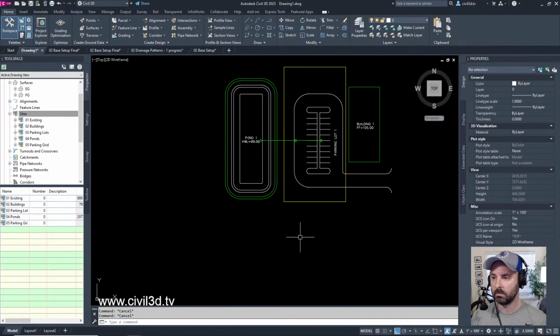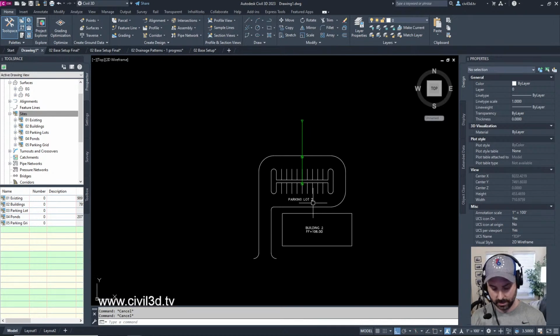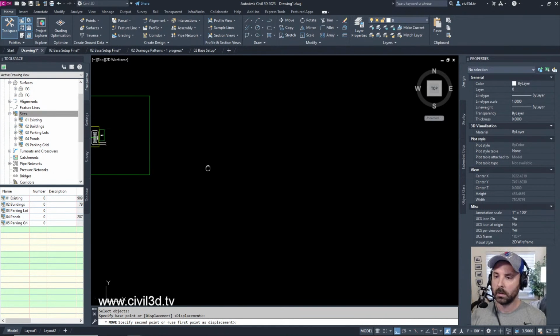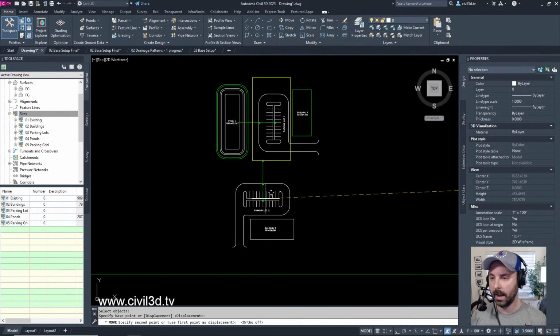Sometimes you get into situations where the developer wants to have a different parking lot over here. For example, I've got another parking lot. It's basically a copy of what I just did. What if they wanted to do the same thing with their layout design,